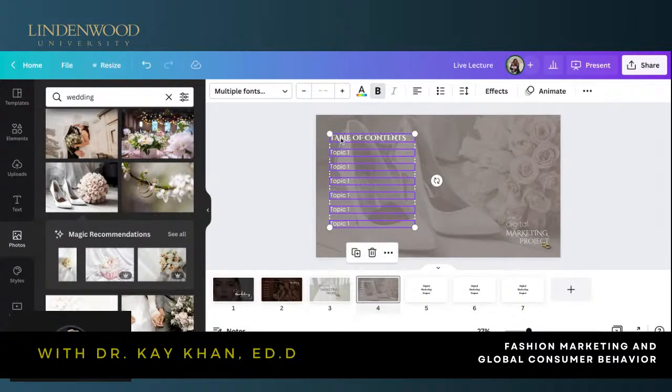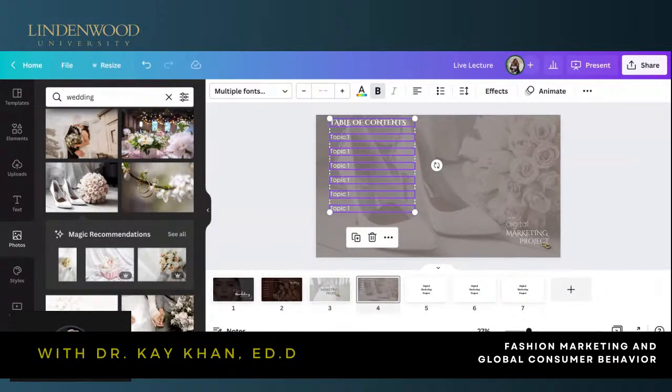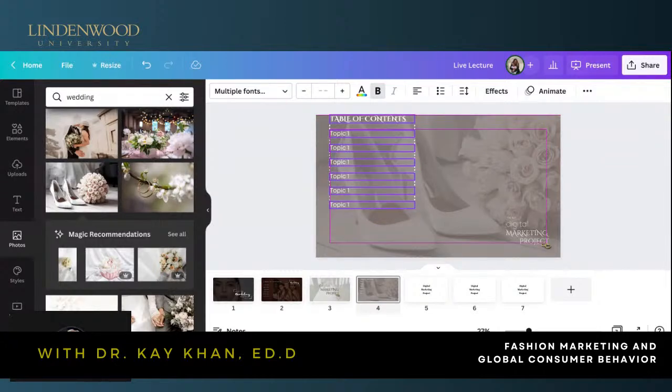One thing that you should not do, and I've been seeing this with a lot of projects where students have their stuff so close to the edge. You want to make sure that you have a quarter of an inch bleed around your design. So when I start seeing stuff that's super close to the top or super close to the side or super close to the bottom, that's not good.